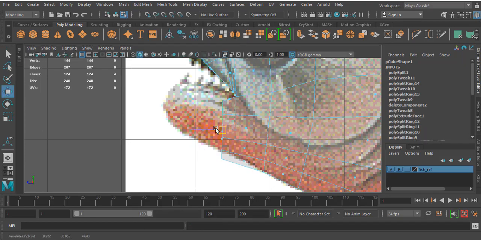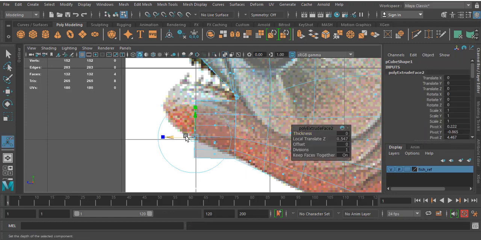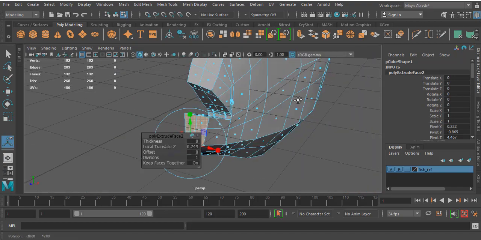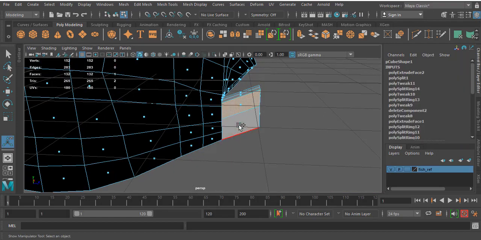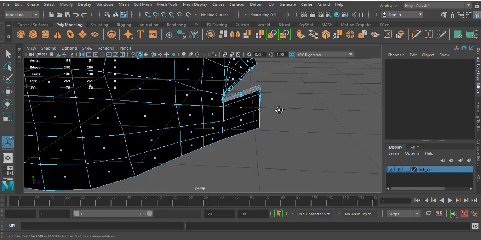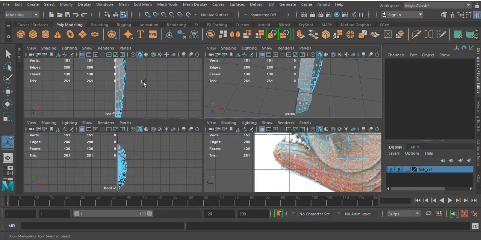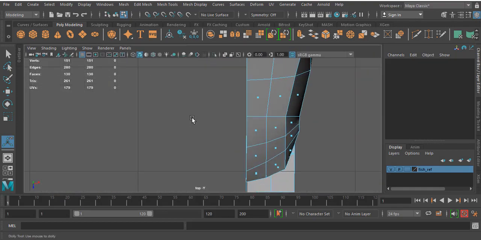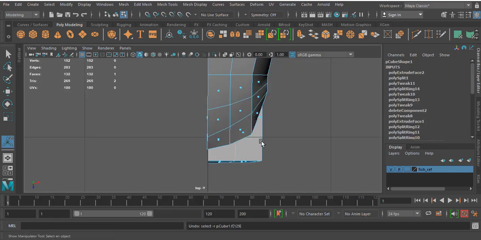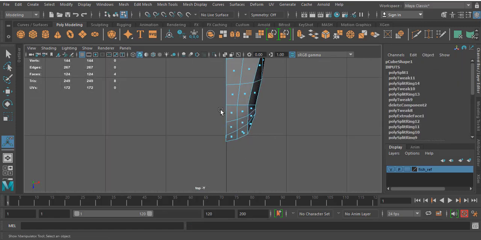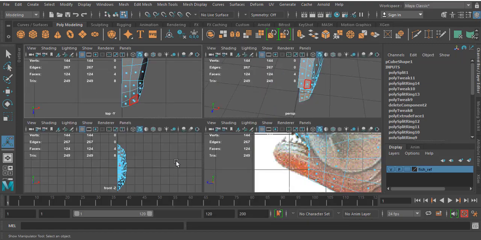Extrude, and we'll just move this over here. Okay, the same problem will come here. We'll delete this one, and make sure in the top view you can see the jaw, the lower jaw. Before extruding this, I'm extremely sorry, I have to fix this. See, there is a mistake over here. This is not like the fish mouth.